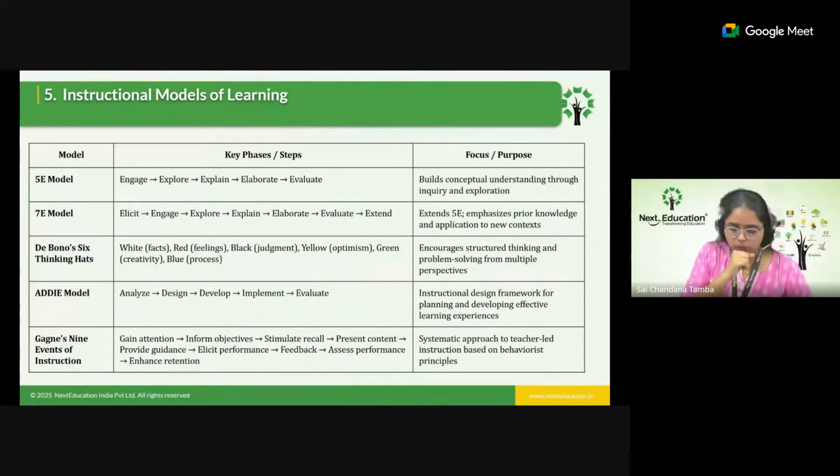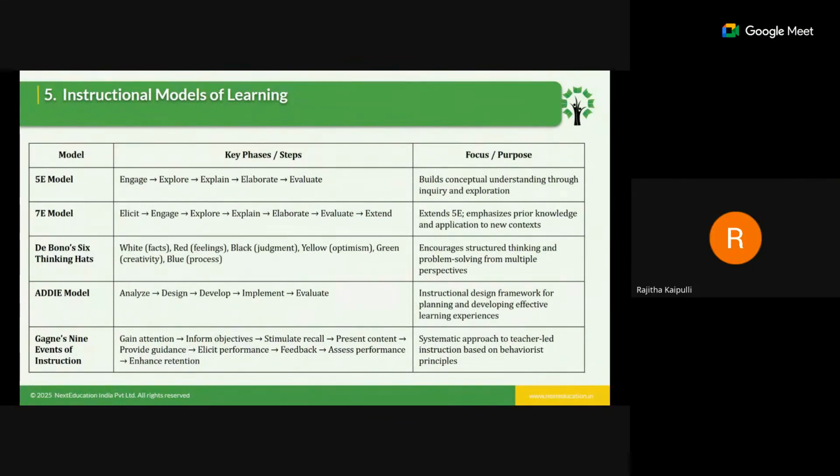Rajita ma'am, do you want me to say something? I will have a question here. I'm looking at the perspective of the child. Can I use this model for a child? If I'm doing project-based learning and I give them a problem, when they analyze the problem and try to come up with a solution,